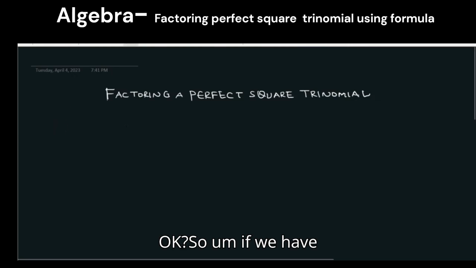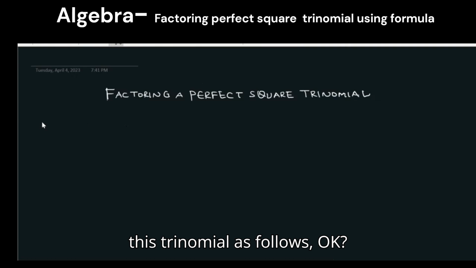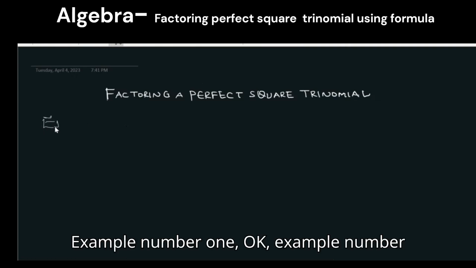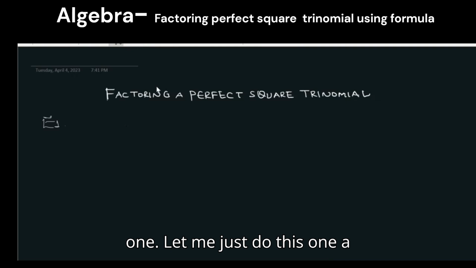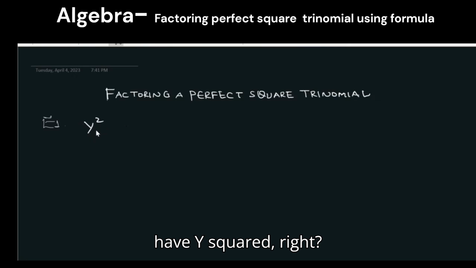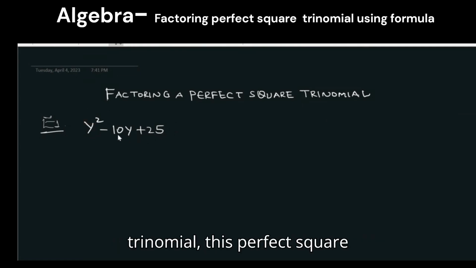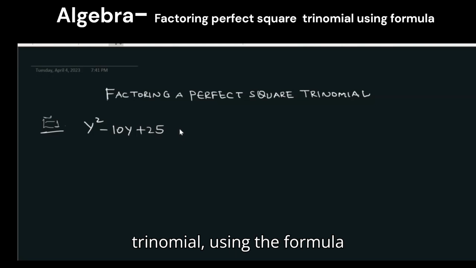Okay, so if we have this trinomial as follows. Example number one. If you have y squared minus 10y plus 25, and you are going to factor this perfect square trinomial using the formula